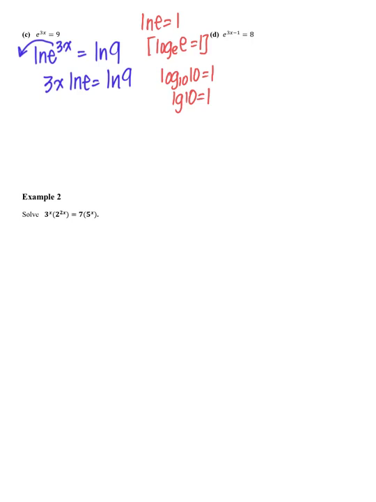So in this case, your ln e is 1. Therefore you will have 3x equals to ln 9. So x is equals to ln 9 divided by 3. Okay, 3SF, so ln 9 divided by 3. On your calculator, ln 9 divided by 3 gives 0.7324 dot dot dot. So your final answer is 0.732,